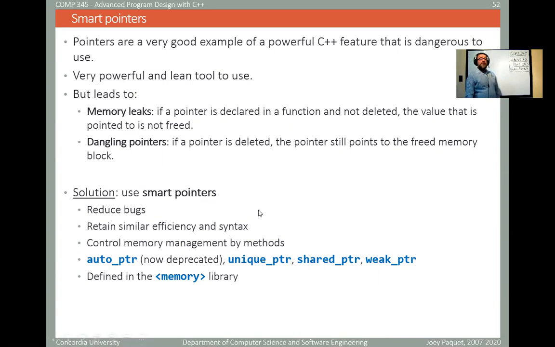So smart pointers allow you to reduce the amount of bugs that you may have as you are creating your program. They somehow retain the same efficiency. You use smart pointers using the same syntax as you use regular pointers. So what they do is essentially, it's a pointer. A smart pointer is a data structure which is implemented using a template